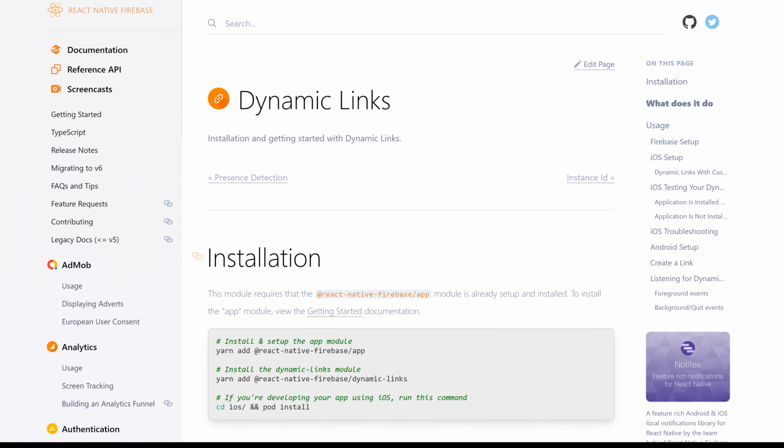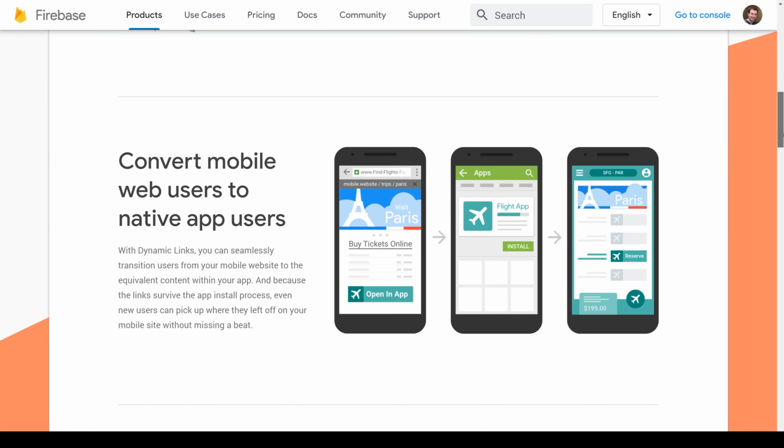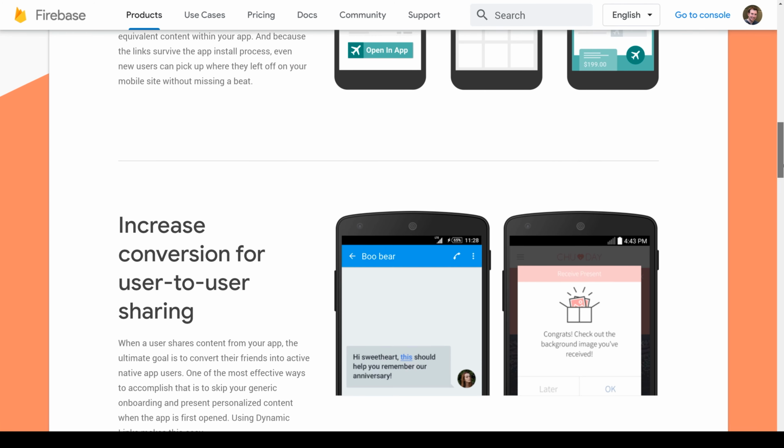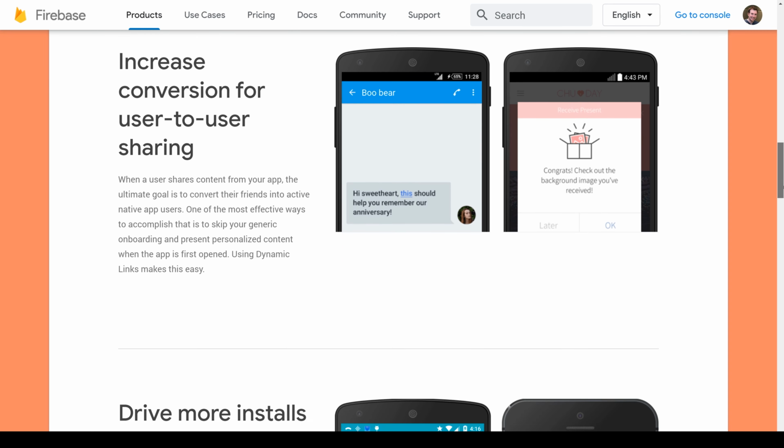React Native Firebase dynamic links allow us to do a lot more with a simple URL. Things like checking if an application is installed and installing it if it's not, or going to a certain route if it is installed. We're going to take a look at installing React Native Firebase dynamic links in this video, as well as connecting it up to Firebase and creating a few links to see what we can do in